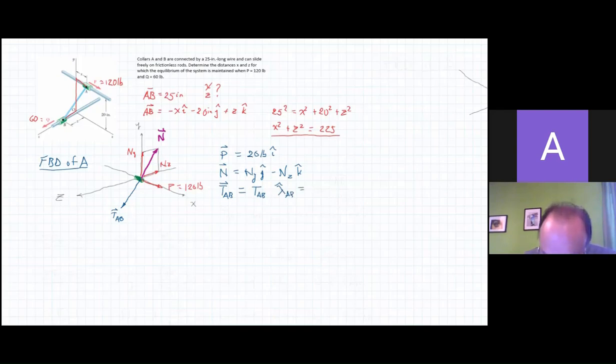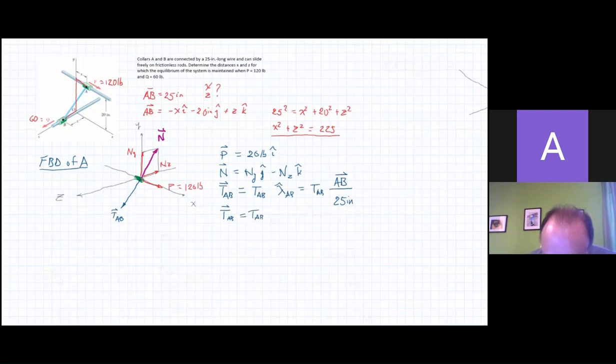So that will be the magnitude TAB multiplied by the unit vector, which is the vector AB divided by the magnitude of the vector AB, which is 25 inches. So the tension AB will look then like